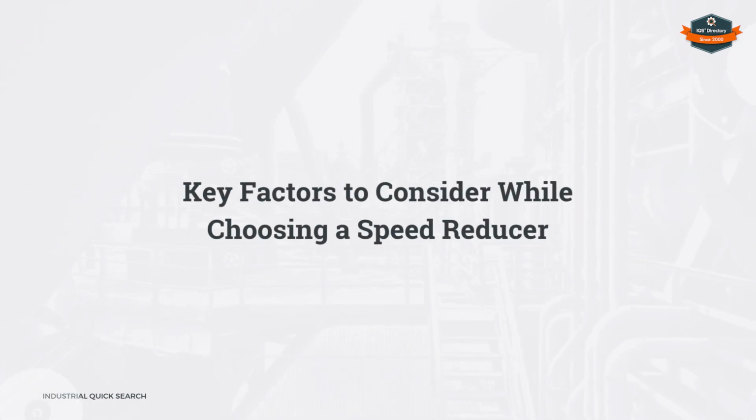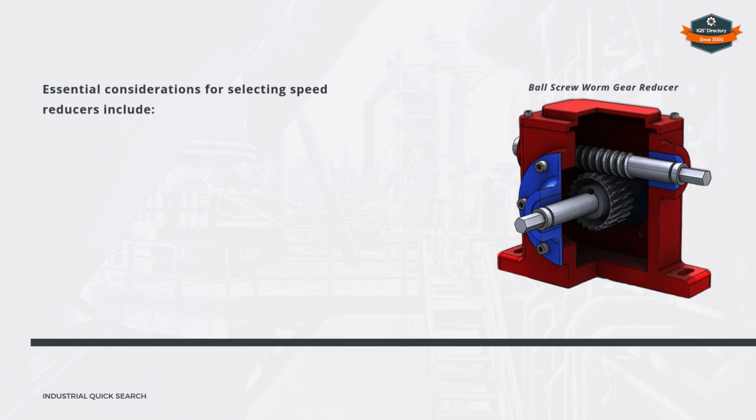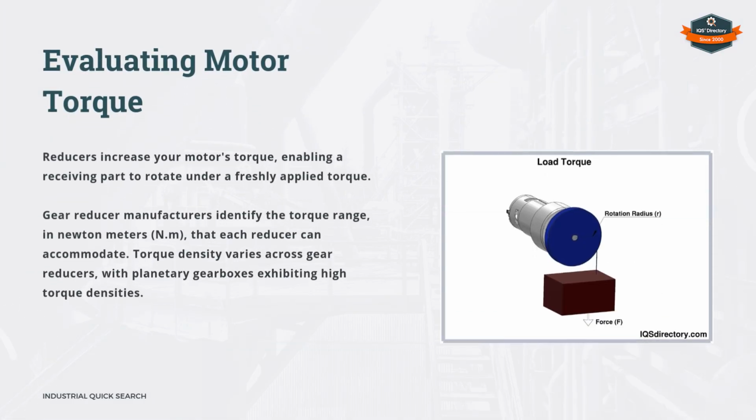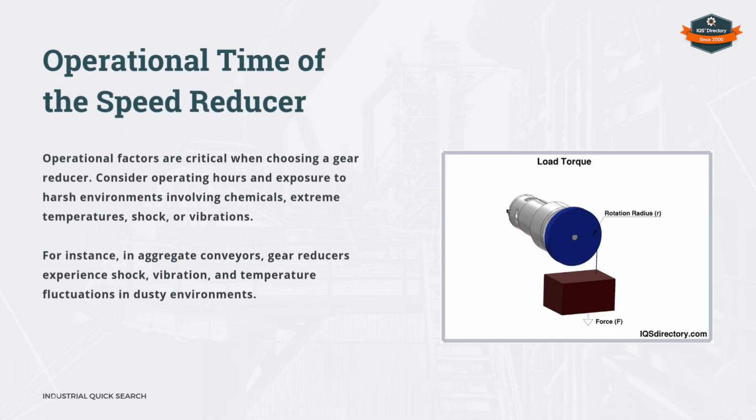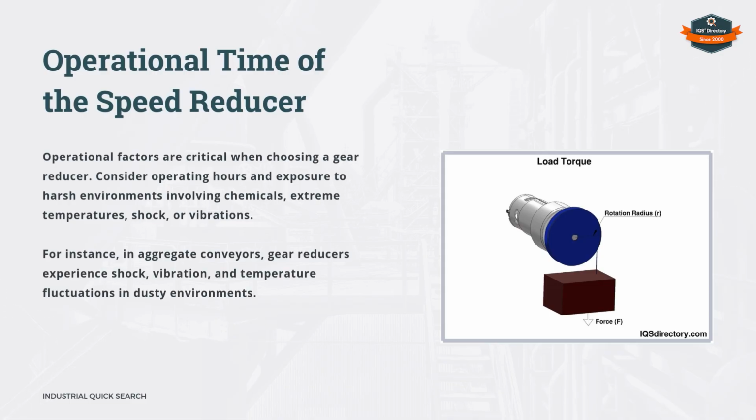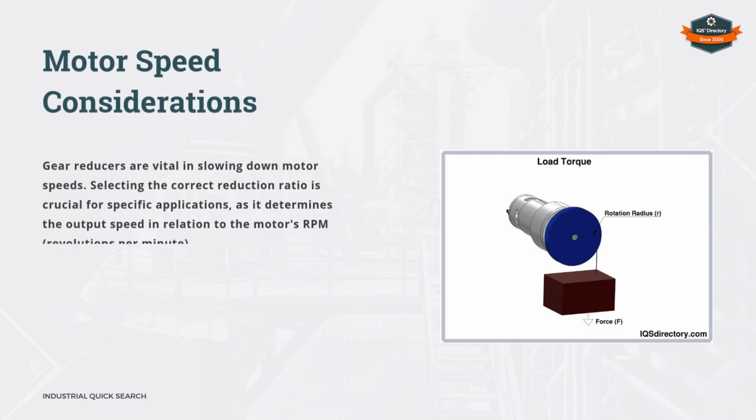Key factors to consider while choosing a speed reducer. Essential considerations for selecting speed reducers include evaluating motor torque, shaft housing geometry, operational time of the speed reducer, motor speed considerations,